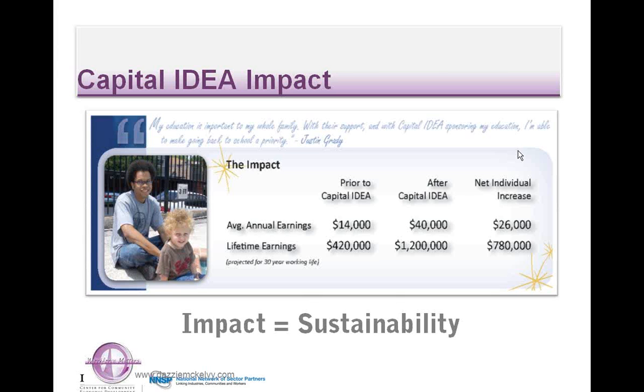It does connect with a question that I had about sustainability, and you've already made the case that sustainability is about the impact you've had. It sounds like in certain ways the impact you've had for employers is a way to gain their sustained buy-in and even championing the program. I won't have time to go through in detail the sustainability question for Capital Idea, but if there's a way for you to talk a little bit more about what strategies you implemented to sustain the program,